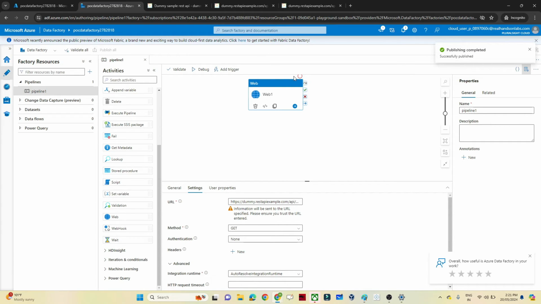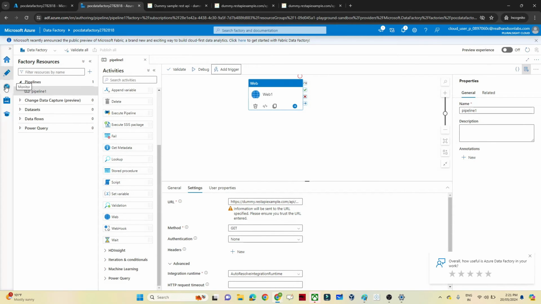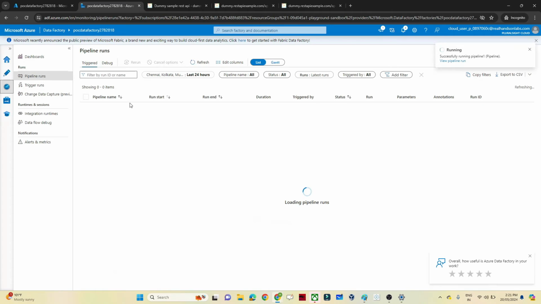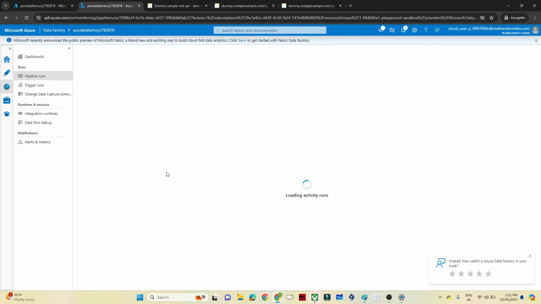So you can see publish is completed. Click on trigger. Click on the trigger now. Click on OK. Now go to the monitor option. In the monitor option, if you refresh, your pipeline should start running. You can see it is completed also. If I refresh, it's completed also. Click on the pipeline,